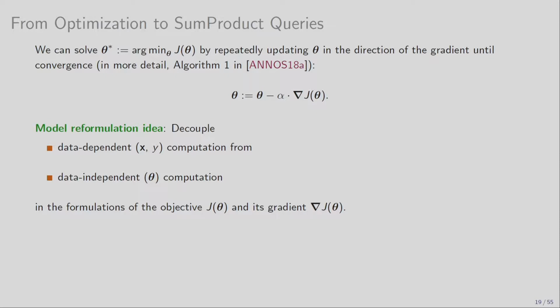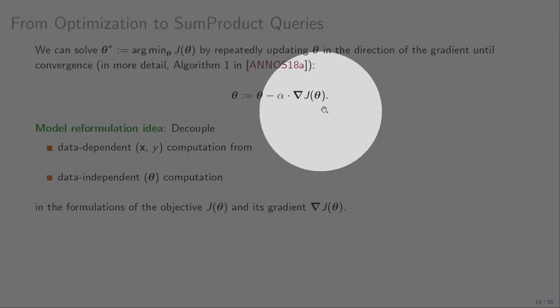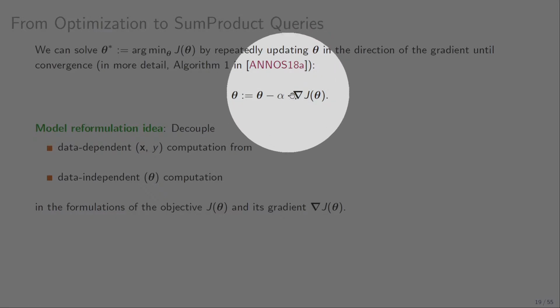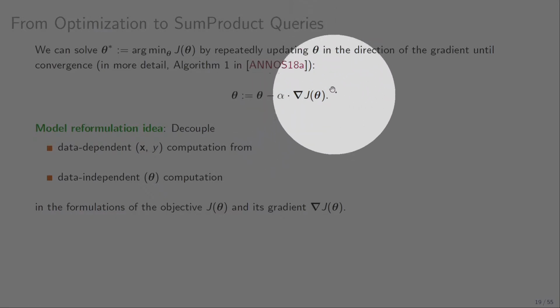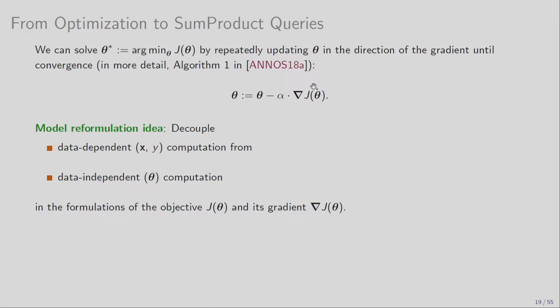Another one, especially for linear regression, is to compute the closed form solution, right? Which is also possible, and which could benefit similarly from this approach. In fact, we will see a bit later how we can do it via the linear algebra approach using QR decomposition. Okay? But that's the idea. The idea is that this is the convergence step, and we'd like now to understand what this gradient is and whether we can decouple from it any sort of aggregate computation.